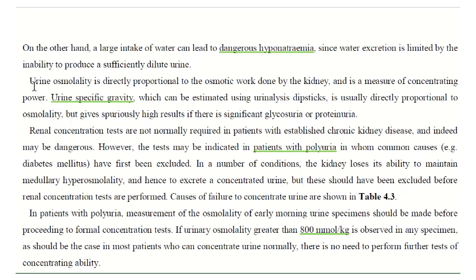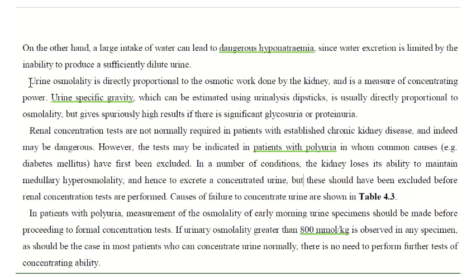And then urine osmolality is directly proportional (تتناسب طرديا) to the osmotic work done by the kidney (مع العمل التناضحي الذي تقوم به الكلية) and is a measure of concentrating power (وهو مقياس ل concentrating power). Urine specific gravity, which can be estimated using